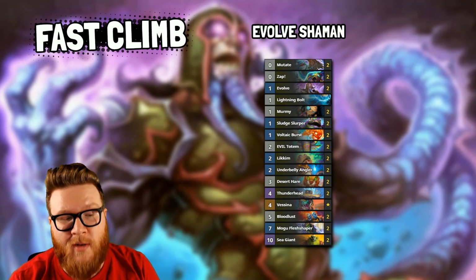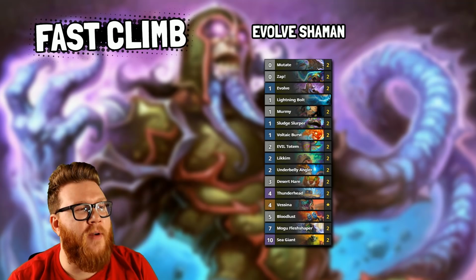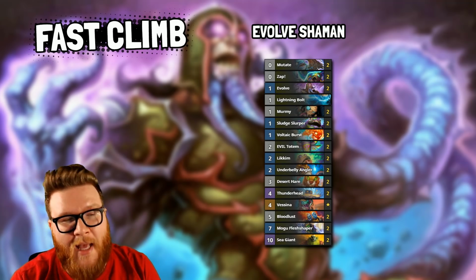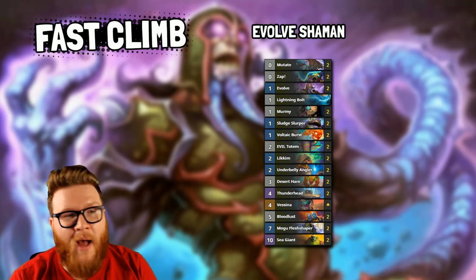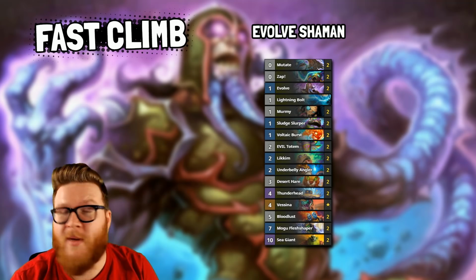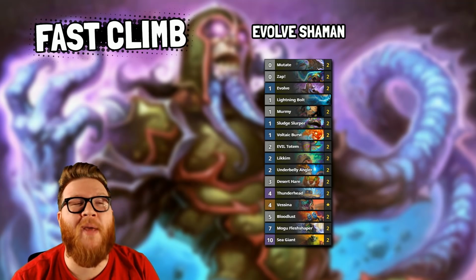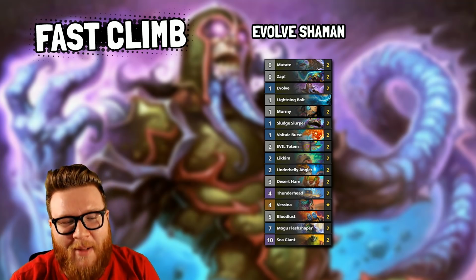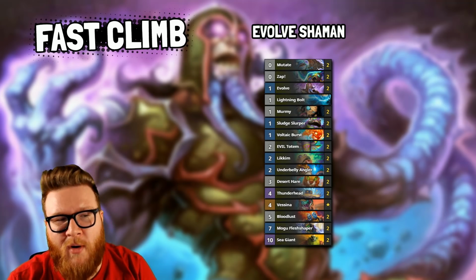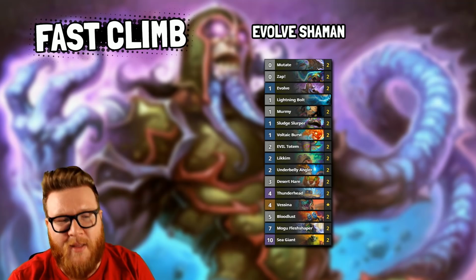In Hearthstone also utilizes some of the new awesome stuff from the Doom in the Tomb, namely Evolve, because this is an Evolve Shaman, and as I've been saying for a while in Wild format, Evolve plus Desert Hare is OP, and now that we can do it in Standard, it's super OP because Standard has a lower power level in general. When combined with Mogu Fleshshaper, Sea Giant, wideboard support cards like Voltaic Burst and Murmy and Thunderhead,